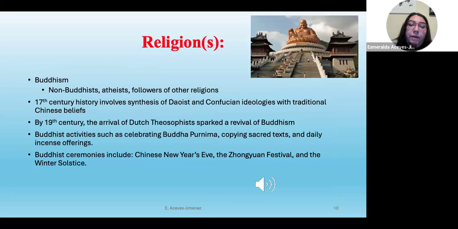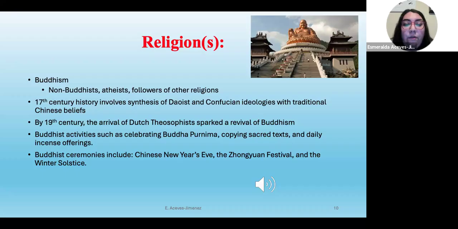Religion in the Chinese culture is known as Buddhism. Buddhism is known as non-Buddhist, atheist, or followers of other religions. You can still fall into any of these categories while still practicing Buddhism. In the 17th century, this involved the synthesis of the Taoist and Confucian ideologies with traditional Chinese beliefs. By the 19th century, the arrival of Dutch